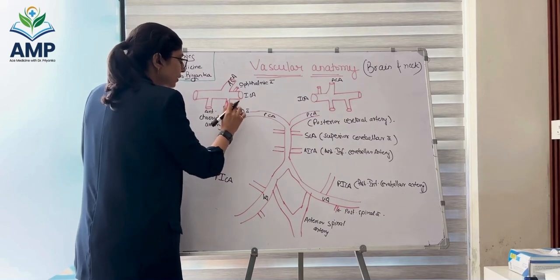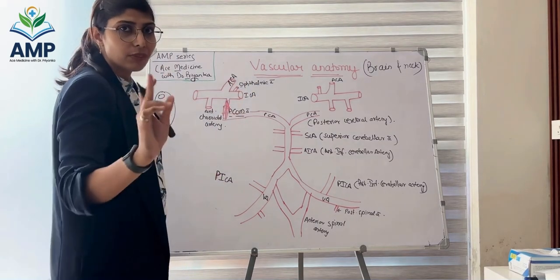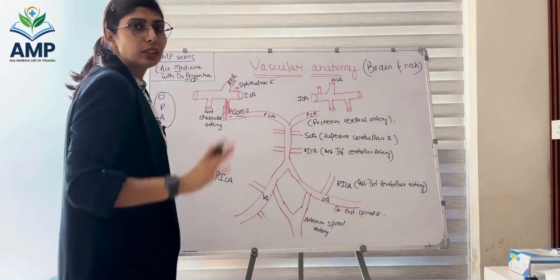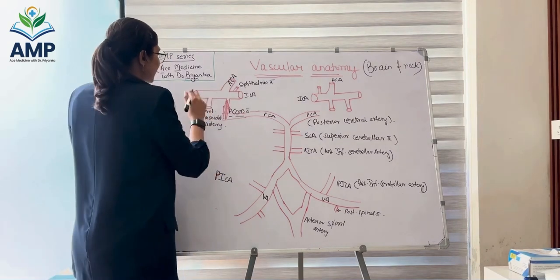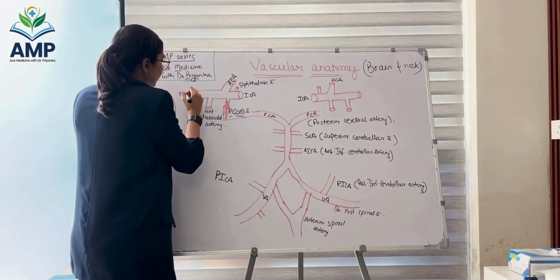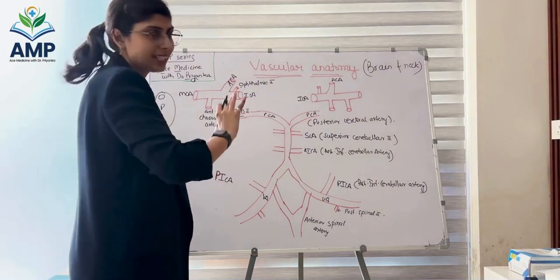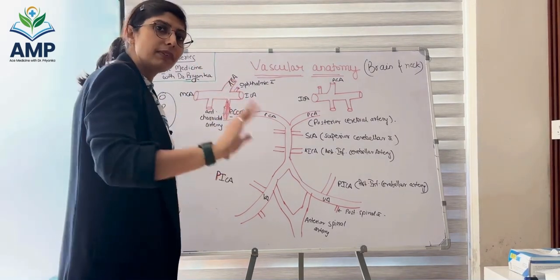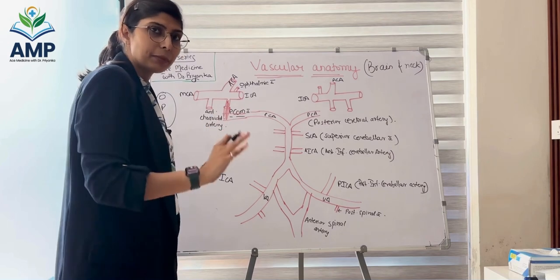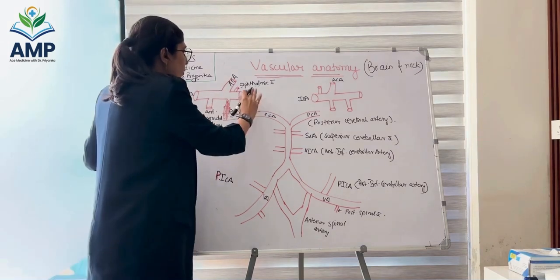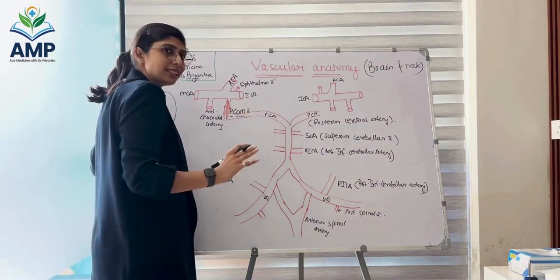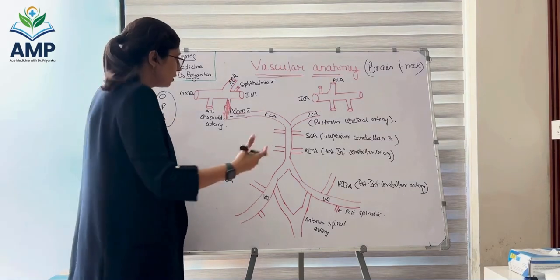that ophthalmic artery, anterior choroidal artery, and PCOM are branches of ICA, and then the ICA divides into its two terminal branches, which are the ACA and the MCA. The MCA is going to supply the major portion of the cerebral hemisphere, and the ACA is going to supply the anterior part. We will talk about the lobes, their anatomy in another lecture. For now, try to remember the names of the branches and where the branches are coming from, which is really